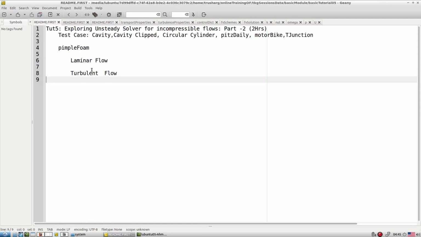So what we covered here: we tried to explore very quickly what pimpleFoam is. With the help of pimpleFoam, one can calculate a different class of physics, from laminar to LES to RANS. We didn't discuss LES, which we cover in the advanced module. Right now we discuss only the RANS and laminar part.